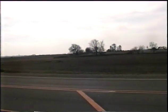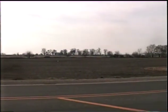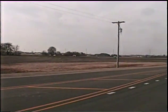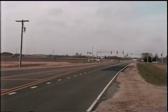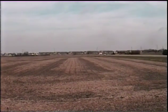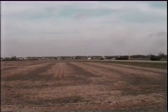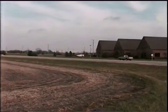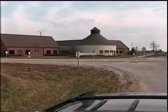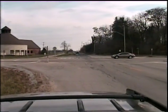I have a few more minutes of tape, so I'm just going to go around to some of the other intersections just to get them on tape. They'll all change soon. Intersection of Bethany and Peace, looking north on Peace Road there. That's the new county farm bureau. East toward